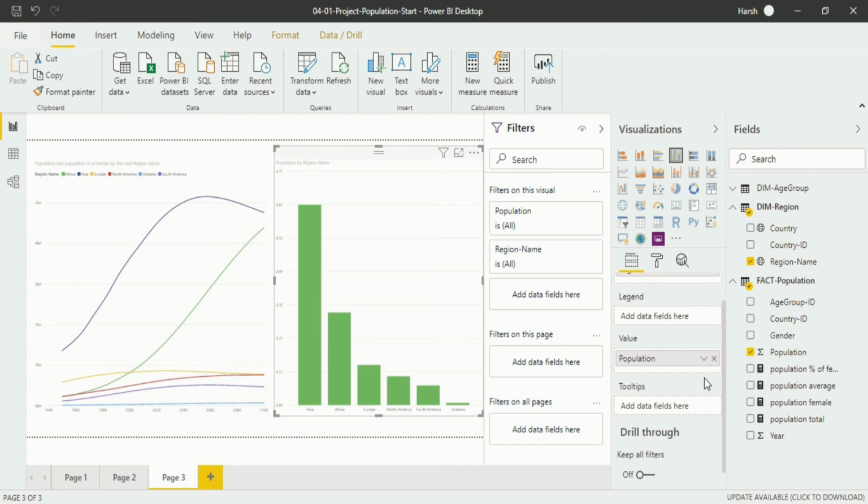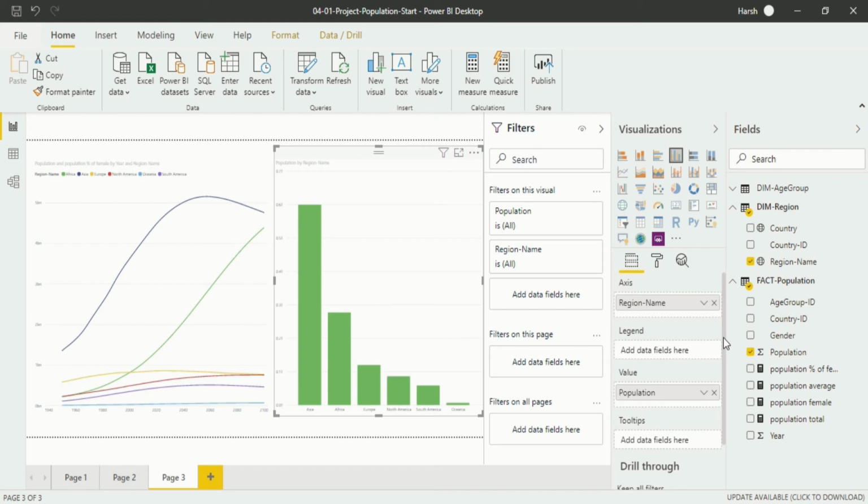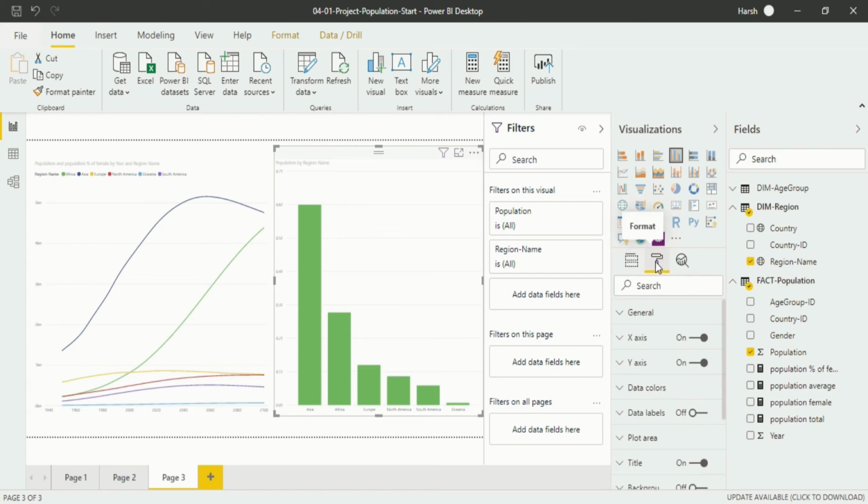In the earlier versions of Power BI Desktop, we had a color option available in here only. But with updates, there is always change in Power BI Desktop. Now, where do we find that feature? For finding that feature, we have to go into the format section in the visualization pane. If I click on it, you will see the option that is available to you in here, that is data colors, the display data colors option.